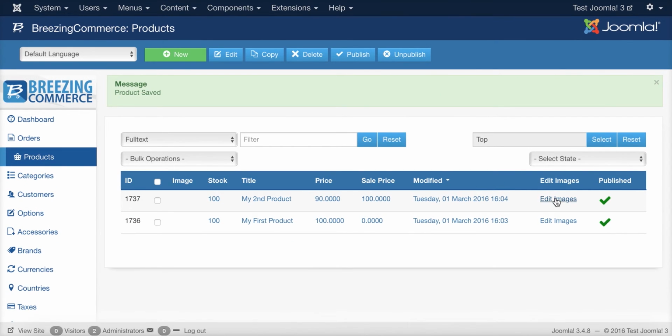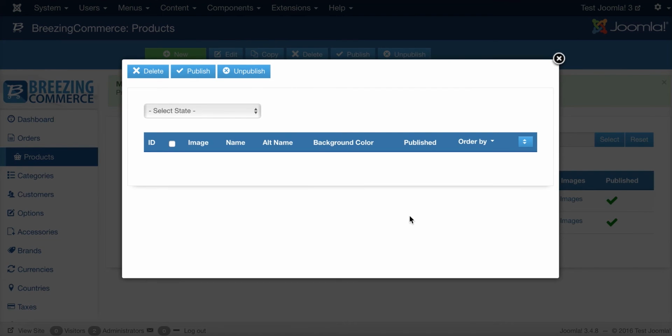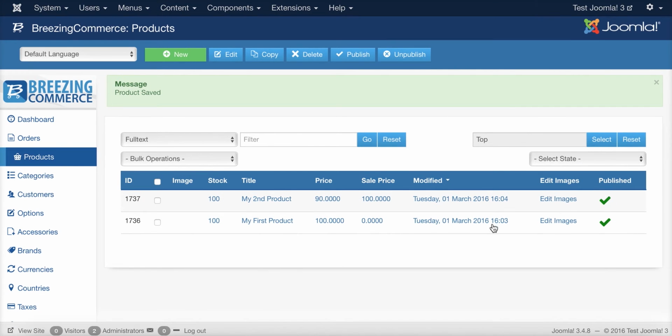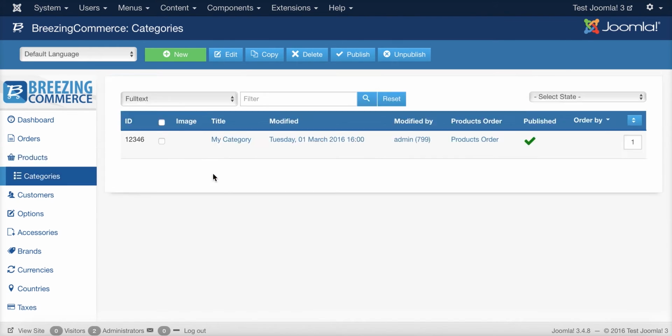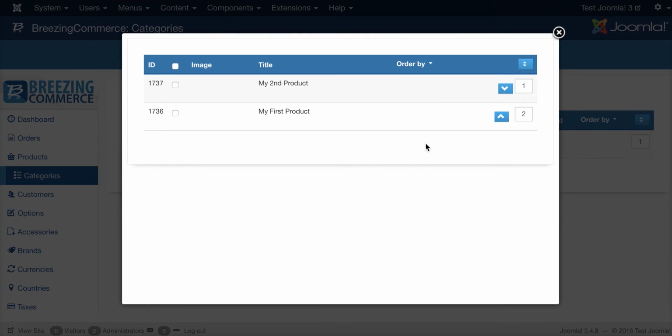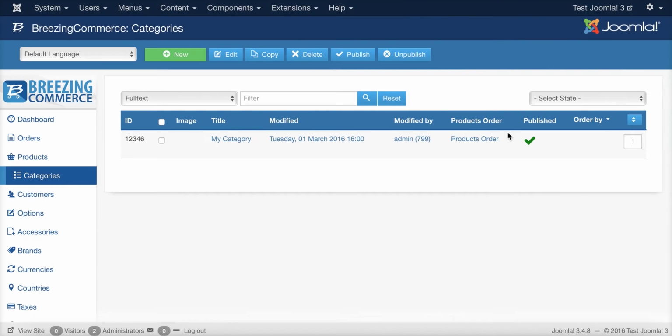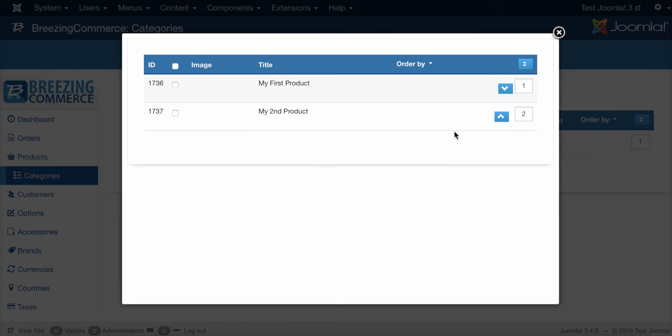I didn't add any images here. In theory, we could apply some sort order on the images or have quick image options for images that are associated to each product. A similar thing to that: in the categories themselves, you can check the products order. So you get a list of all products that are associated with that category and change its order. What is this for? This is, for example,